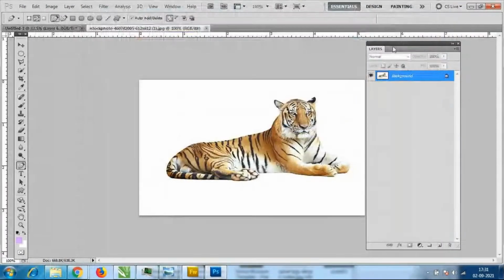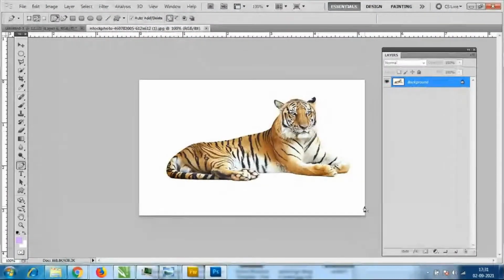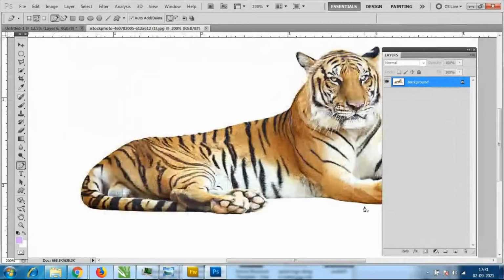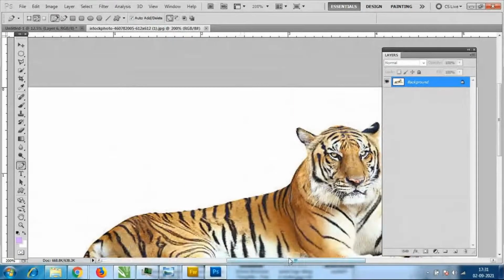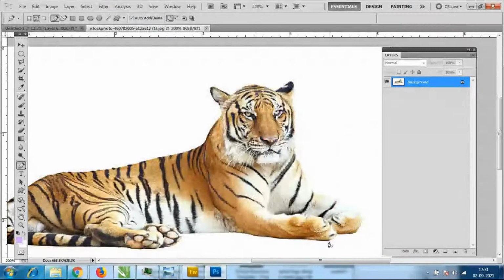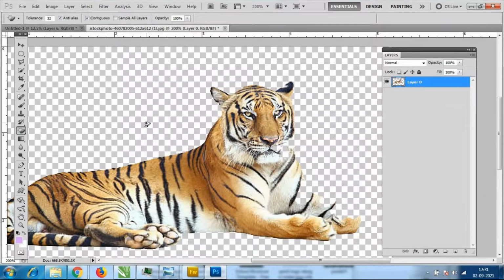See, the magic eraser tool, we can use it for this. For any of the image, we are not able to use the magic eraser tool. For this, we can easily remove with the magic eraser tool. But what is the situation? Somewhere here it is not possible, correct? The magic eraser tool is not possible here.